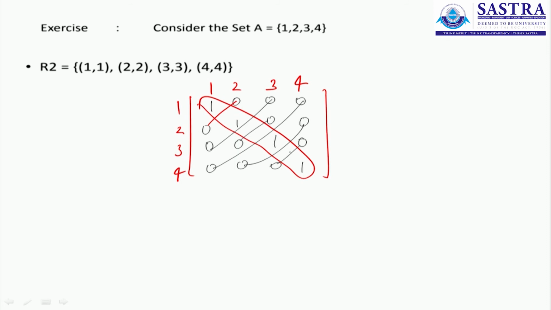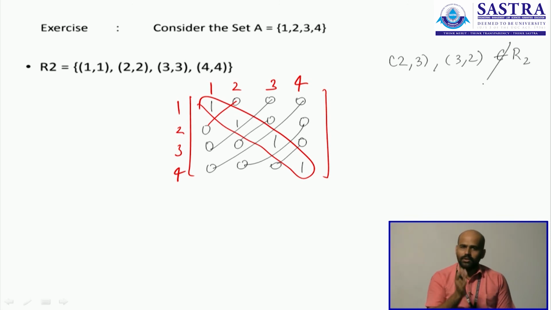This is trivially symmetric. We saw why this happens. This is because of the nature of the matrix. The matrix happens to be symmetric and hence the relation is also symmetric. Even though you don't have two distinct elements 2, 3 and 3, 2 both included in the matrix, they are not part of the relation. But still, all pairs are reflexive pairs, which means they will also turn out to be symmetric. These ordered pairs put inside this box called R2 will in fact represent a symmetric relation only because of the fact that the underlying matrix that represents the relation happens to be symmetric.